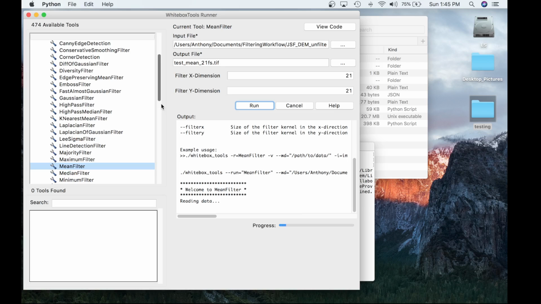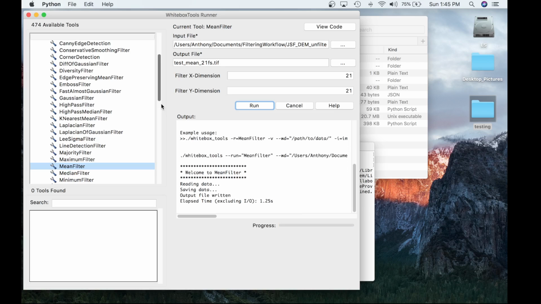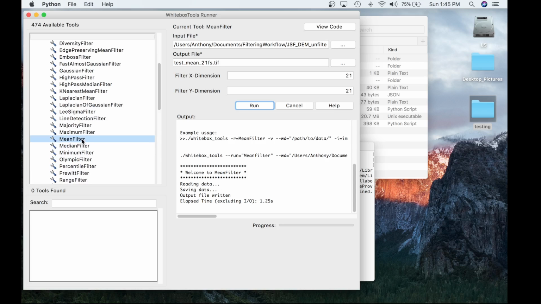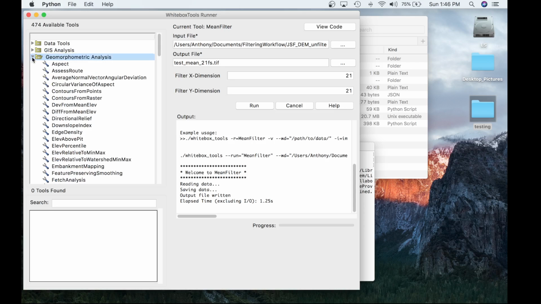This tool is pretty efficient as a result of the integral image approach. If you want to read more about that, you can check out the tool itself, but this tool executes in 1.25 seconds. Now that the mean filter is completed, let's make a quick hillshade of the output filtered mean DEM. When comparing filtering techniques or other topographic attributes, it may be difficult to see the difference in the DEMs themselves, and thus it's always good to create a hillshade to give you a more accurate representation of the surface. The Hillshade tool is located in the geomorphometric analysis toolbox,